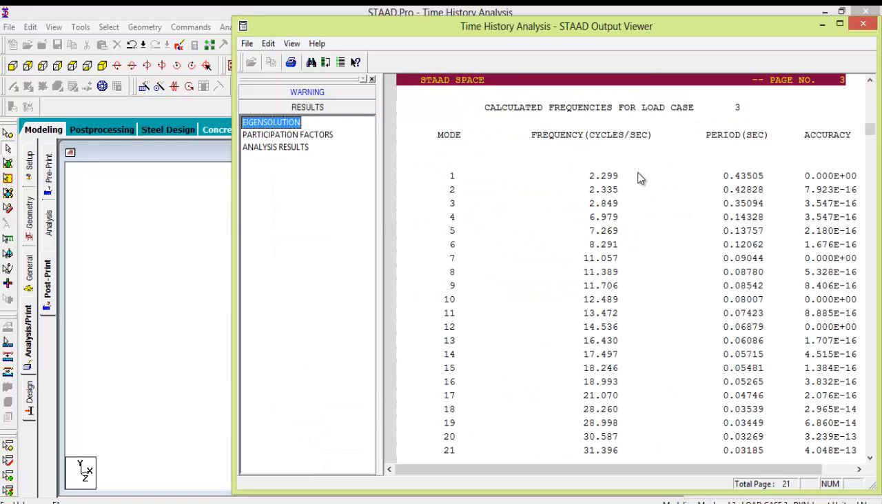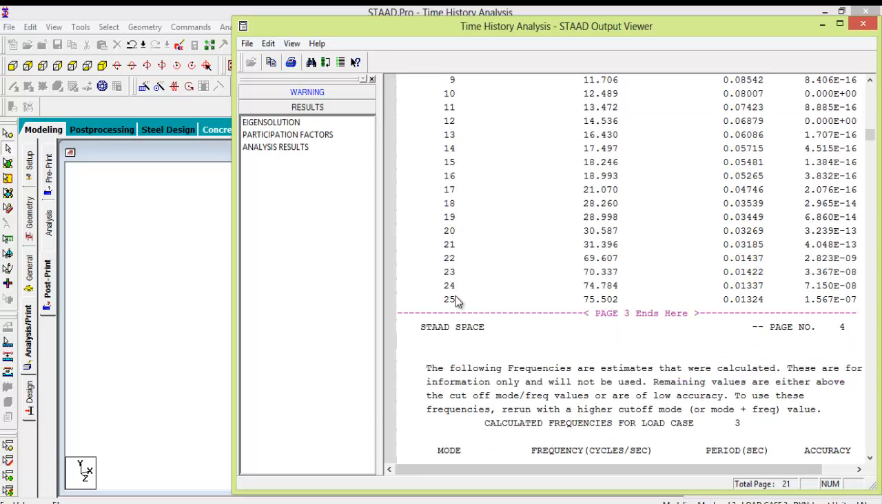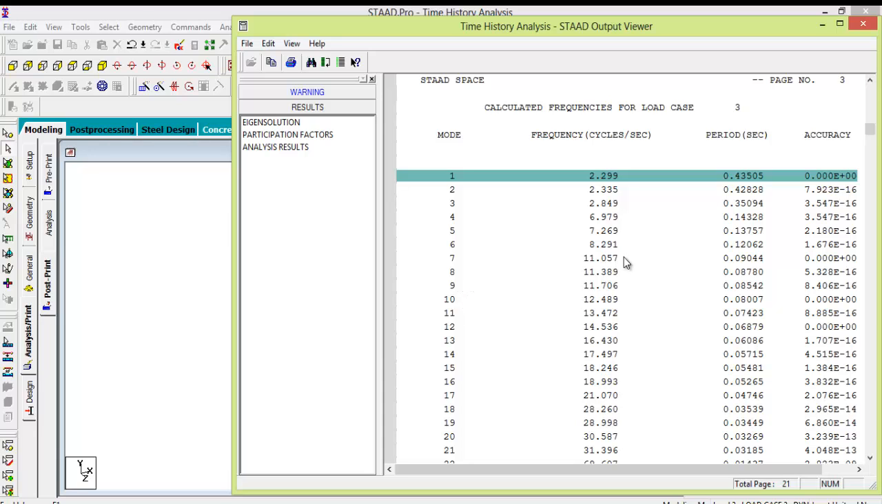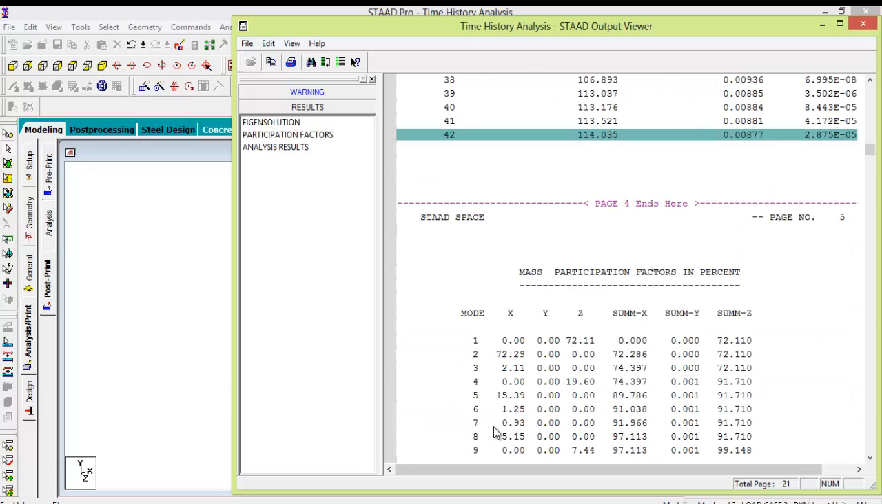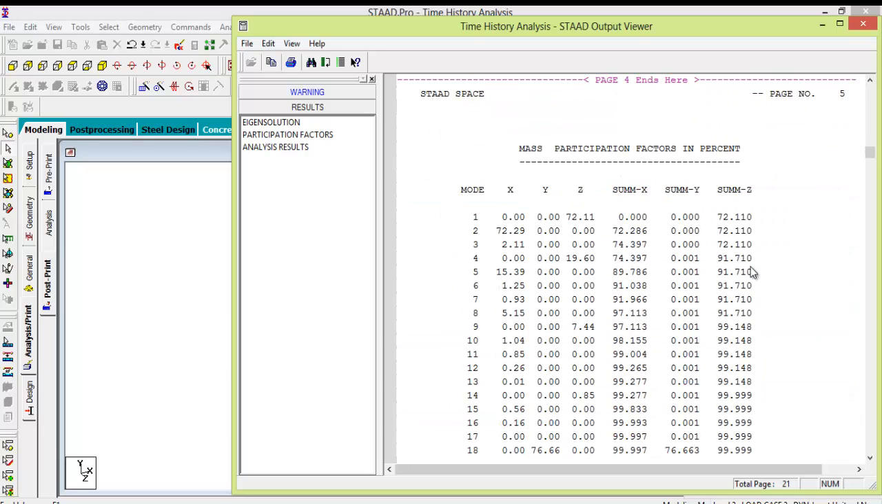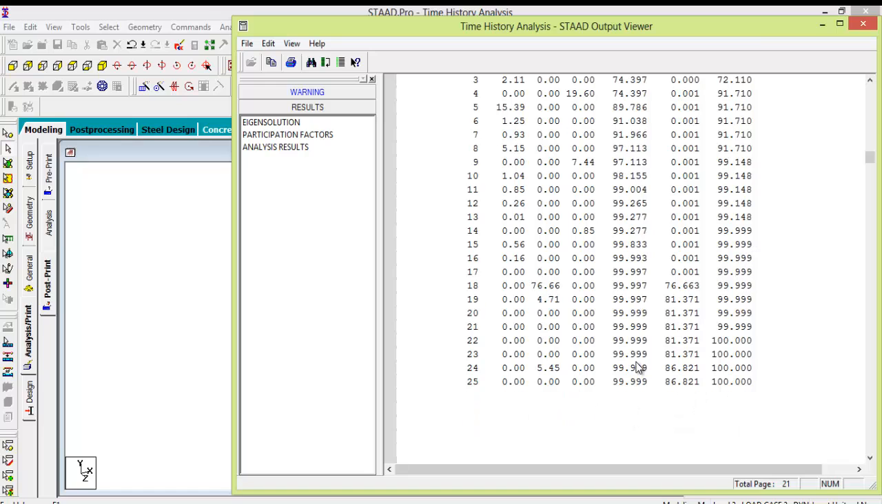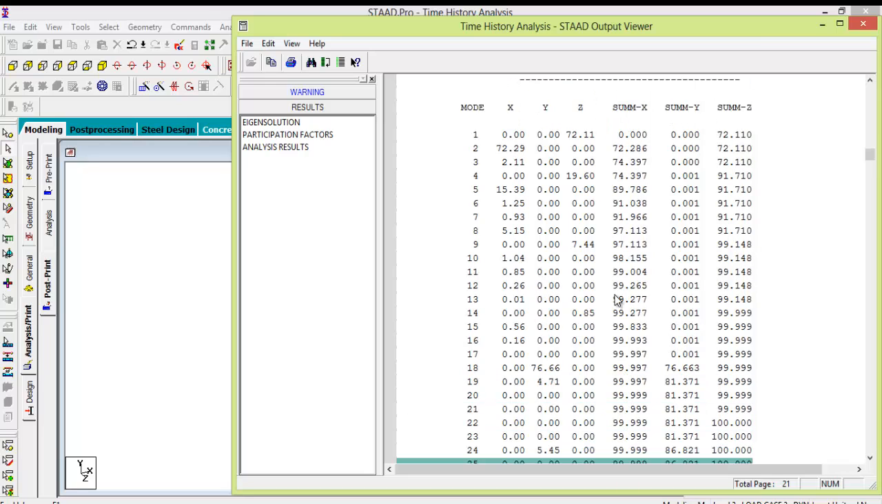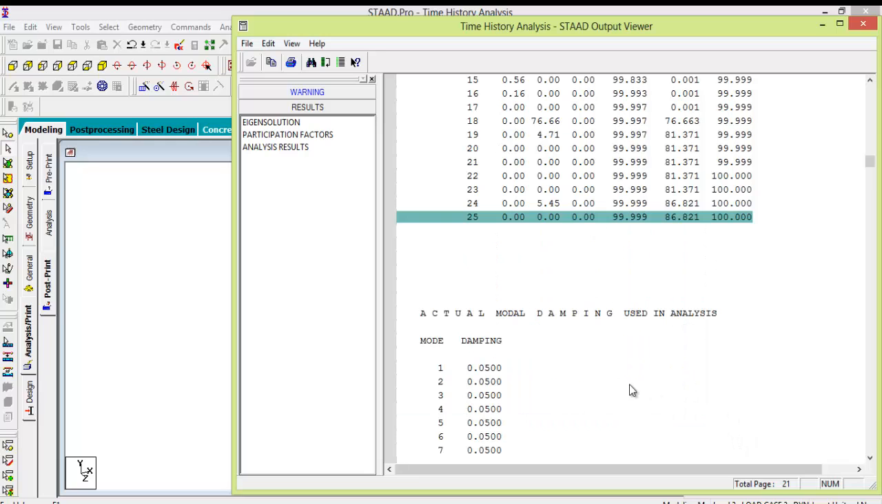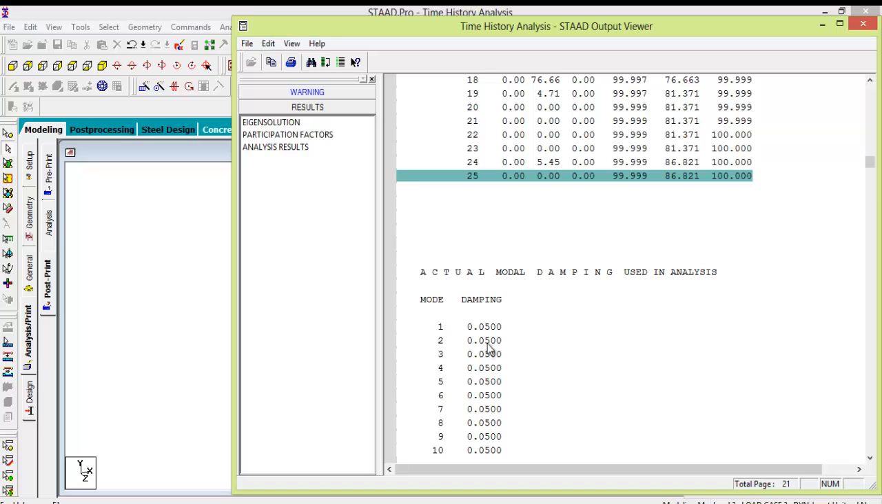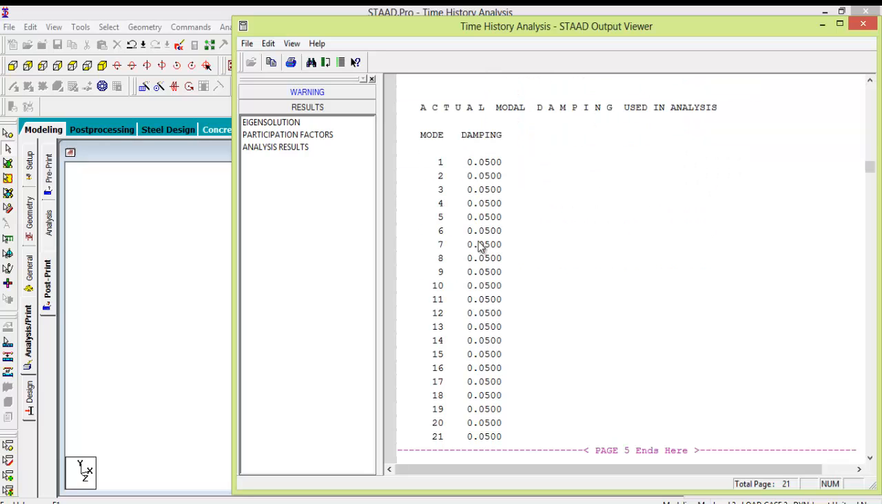In the eigen solution, the Staad has calculated the mode shapes from 1 to 25 and the corresponding frequencies and periods. Scrolling down, the Staad has calculated additional mode shapes from 26 to 42 for our reference. Just below it we can see the participation factors, and we have achieved a participation of 99.99% in x direction and 100% in z direction, and Staad confirms that a damping value of 0.05 has been used for mode shapes